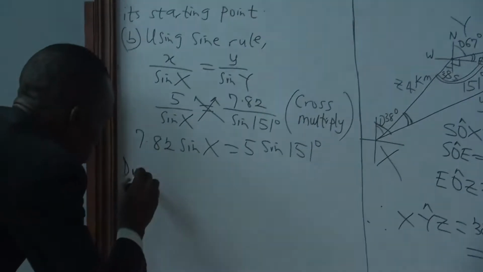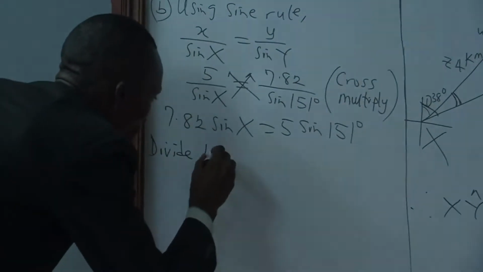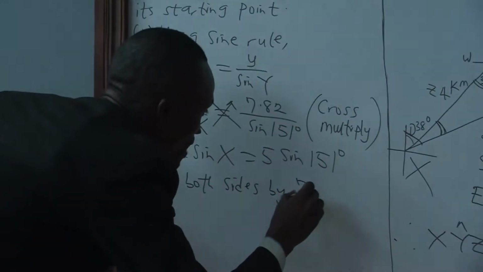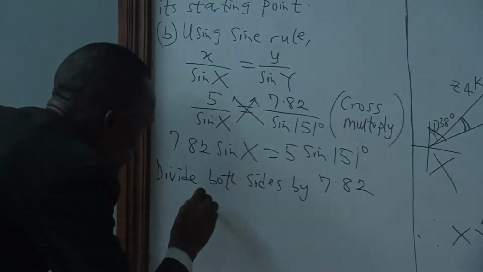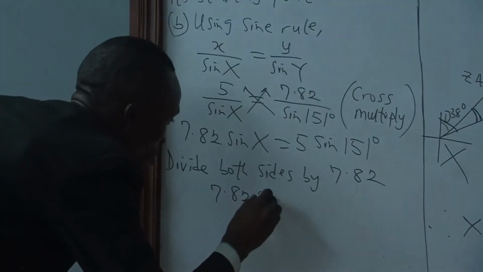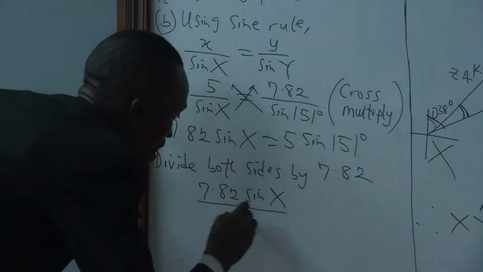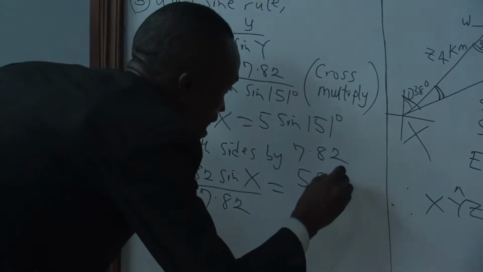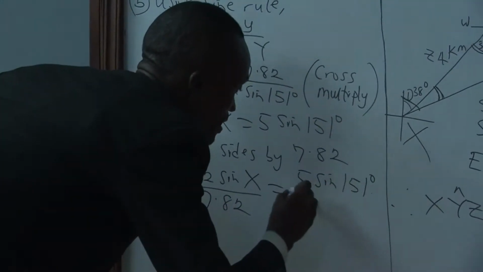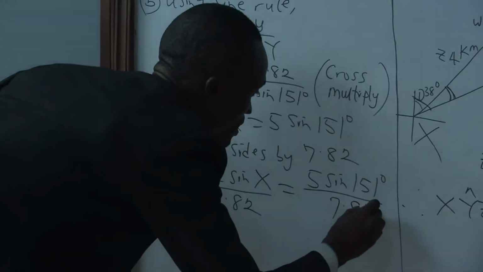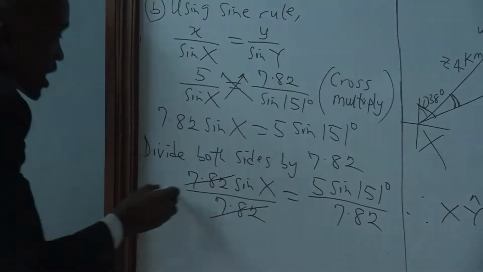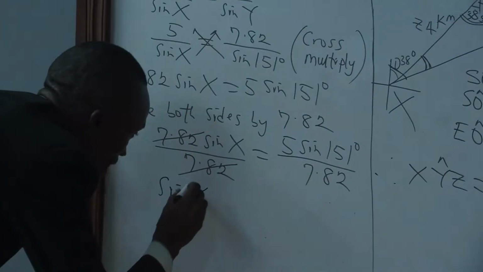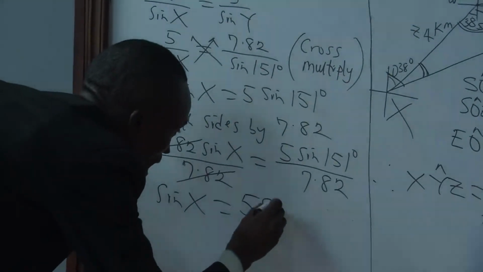By dividing both sides by 7.82, we have 7.82 sine x divided by 7.82 is equal to 5 sine 151 degrees divided by 7.82. So 7.82 will cancel 7.82. Then we have sine x to be 5 sine